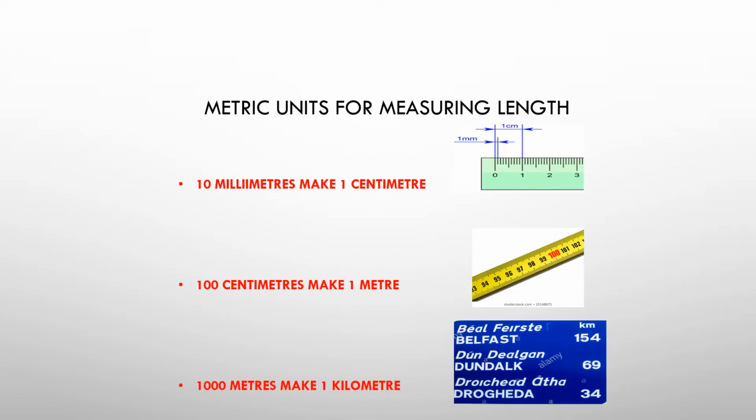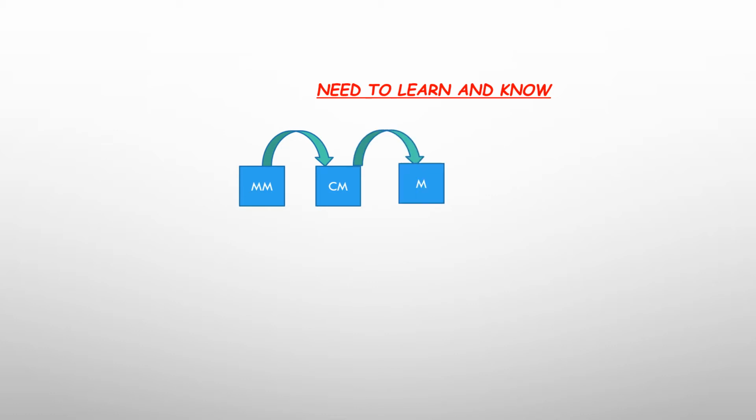So the metric units for measuring length are millimetres, centimetres, metres, and kilometres. You need to learn this little diagram, so when you go into your exam you can just draw it as soon as you get in there, and it will stop you having any confusion about converting between metric measurements of length. So millimetre to centimetre, metre to kilometre is the small measurement to the big measurement,